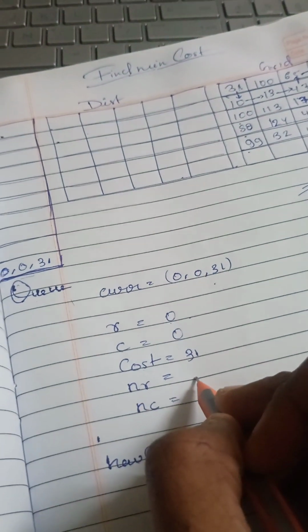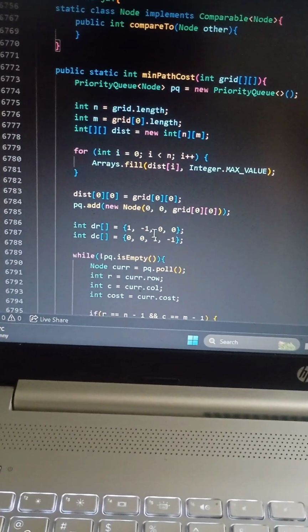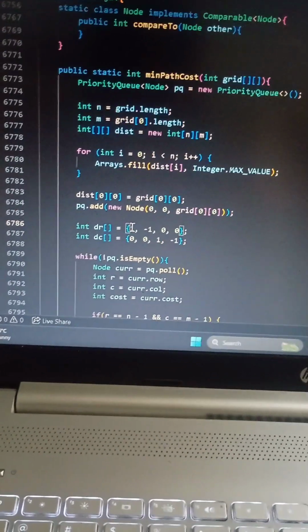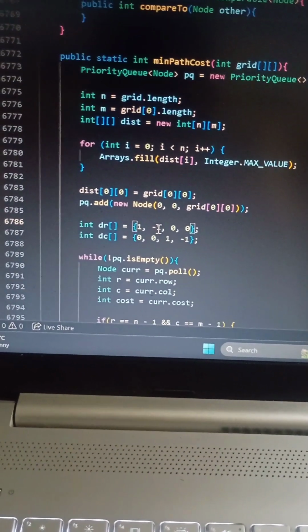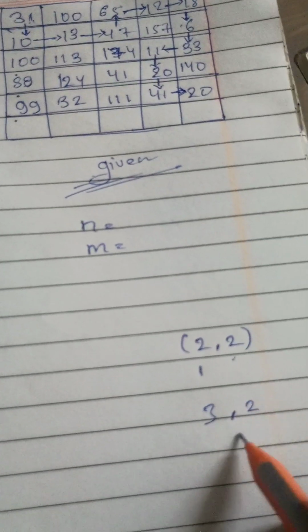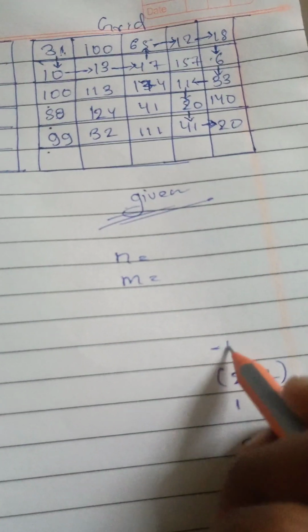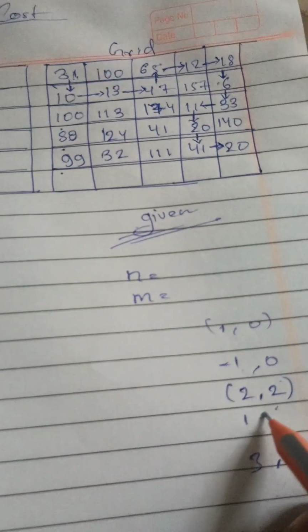Now in dR, what is this? I want you to understand this concept. This is pretty easy. This is something for when we want to move. First remember this dR, this is direction of row, this is up and down. So in row, if you want to move up and down, we will plus 1, so this will become 3. So we are going down, and if we do minus 1 comma 0, this will become plus 1 comma 0. So from this we can move up and down, and from the column array we can move right and left. So this is the approach.